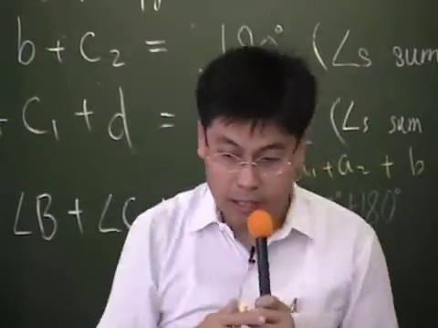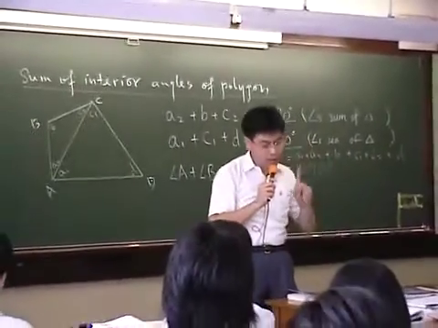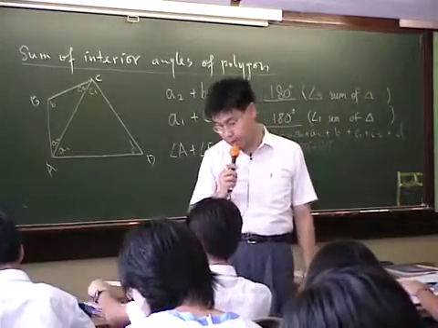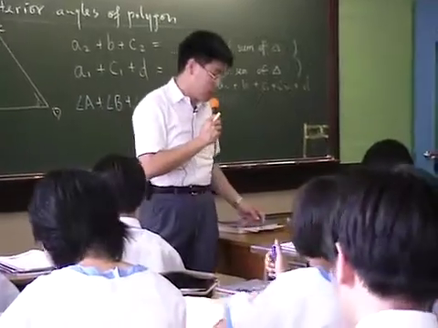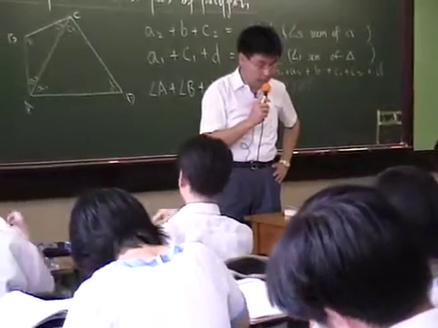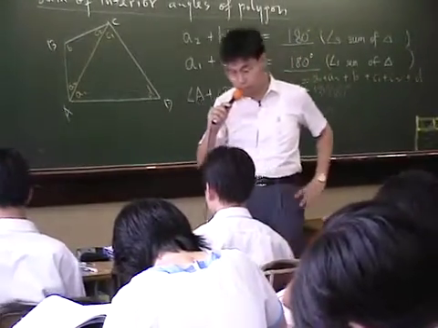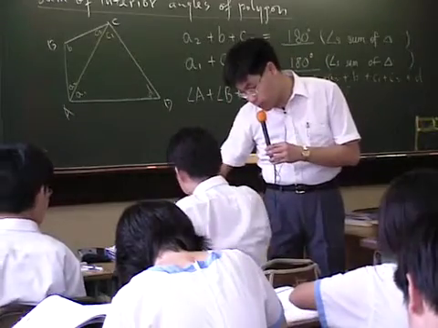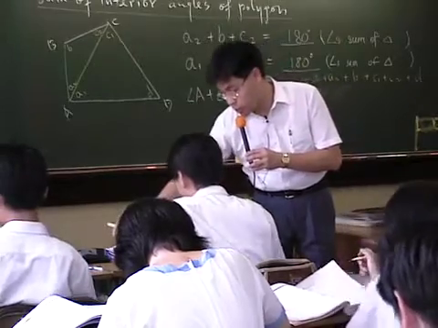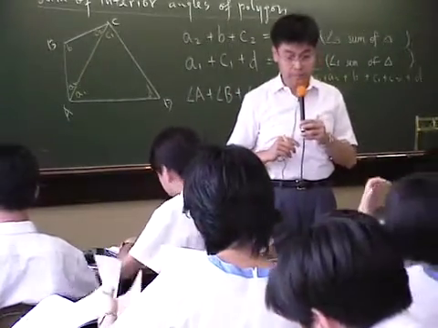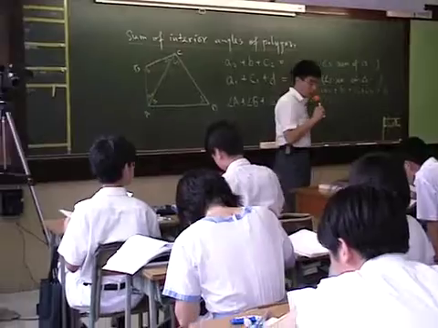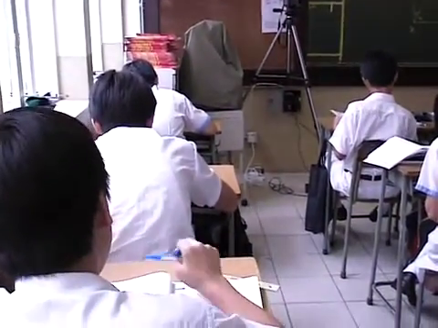Okay, take out your textbook. We try to find out how to find the sum of interior angles of a pentagon, a five-sided polygon. Turn to page 31. Okay, you try to work out the class practice number 1. You can discuss with your classmate how to find out the pentagon. Number 1 is the given figure shows a pentagon ABCDE, and then turn to page 32. It asks you to do something. Try to follow the question and work out the sum of interior angles of a pentagon.